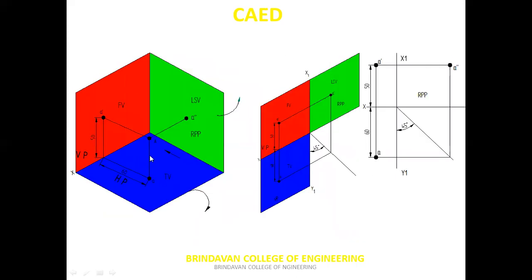Okay, now we can see that in the same problem, if we do it with respect to the side view, what happens here? You can see a point A is given 50 mm above HP and 60 mm in front of VP, and say some 50 mm from the right profile plane. So as we are going to open it, with the concept, we get A dash in the front view, A in the top view and A double dash in the side view.